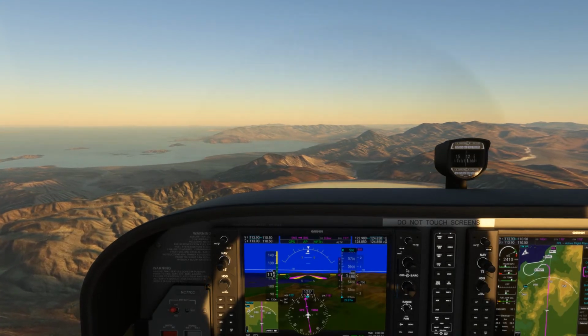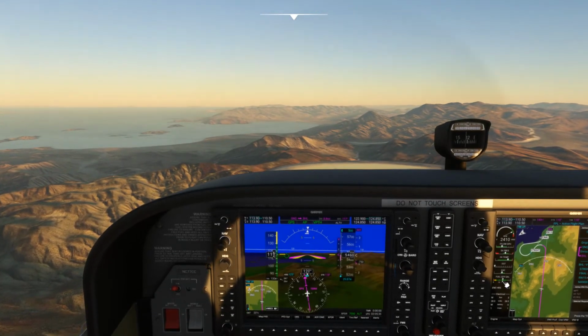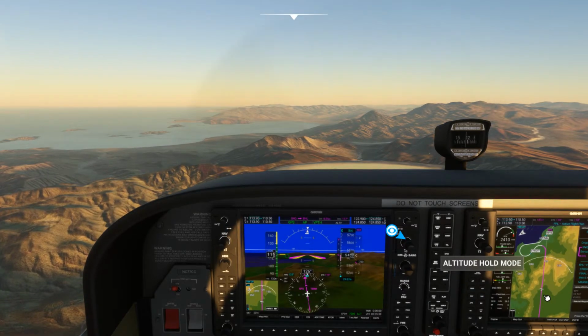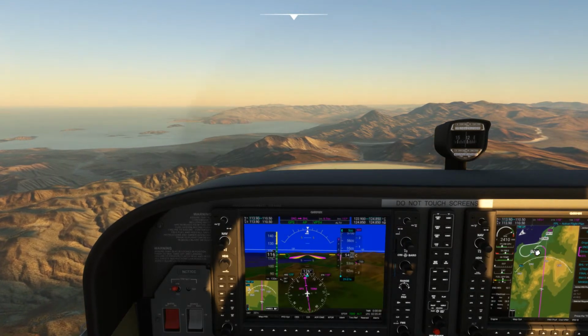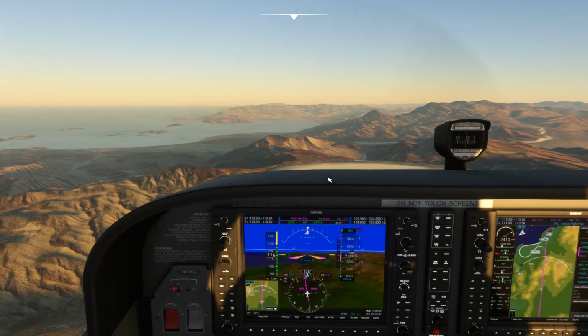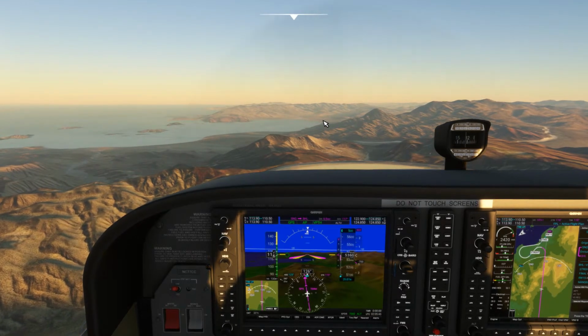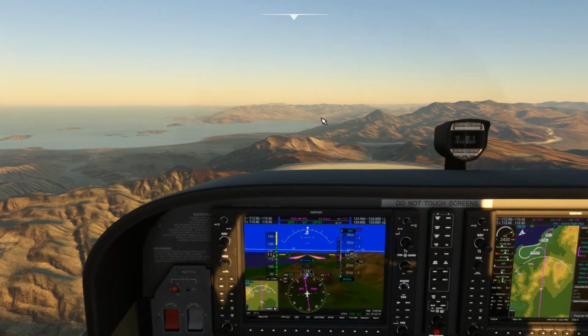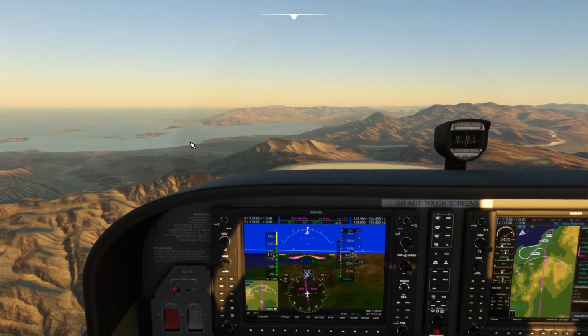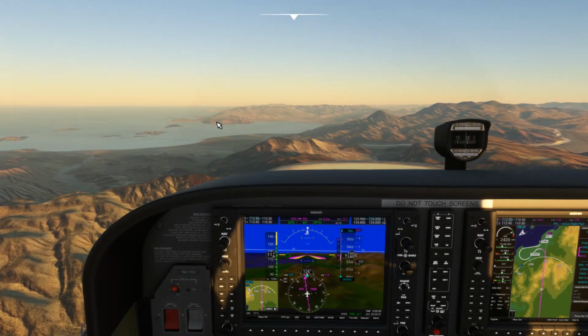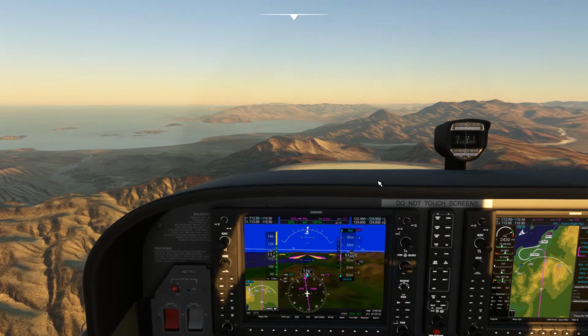If I have to, I will do an altitude hold. But it looks like we're just going to go right over this set of mountains here, which I think will be okay. And then we'll circle around this way, and then we'll come around and head to runway 15.